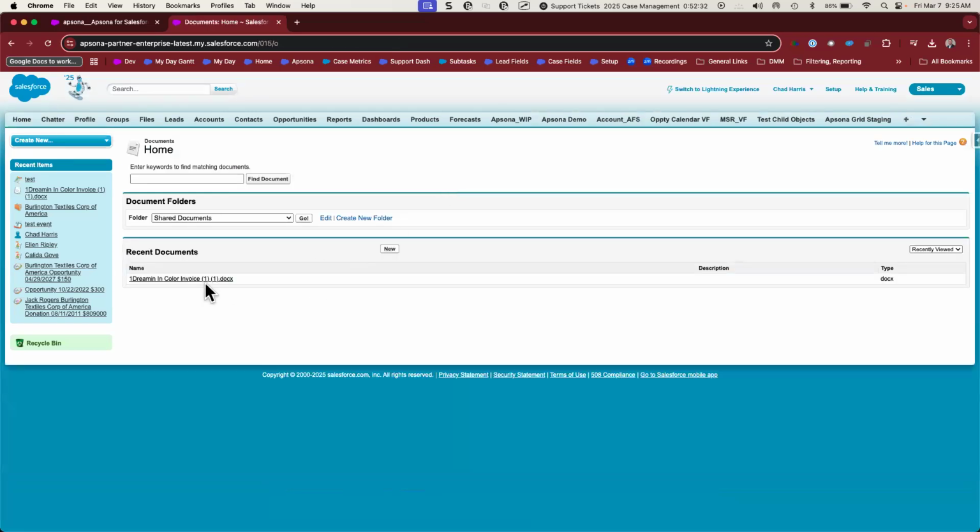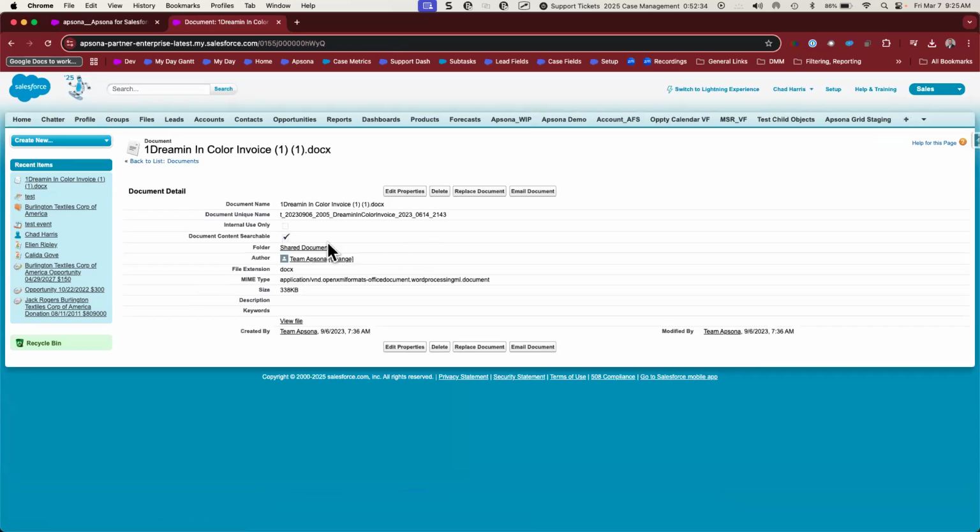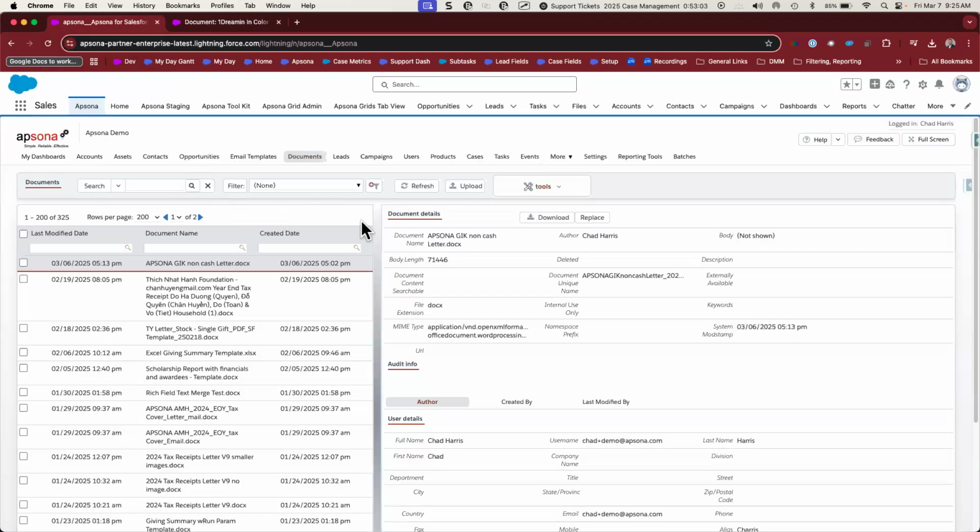And then for the template itself, if we go to a template, this right here, document content searchable, I think that that is important to have checked. I believe that this has to do with the visibility of the template as well. I don't think that internal use only matters, but I think probably a good best practice is just to leave that unchecked. I think if you have all of those things set correctly, then the template should be visible to you. If you have brought in your template as a file in Salesforce, it will not be available. It has to be